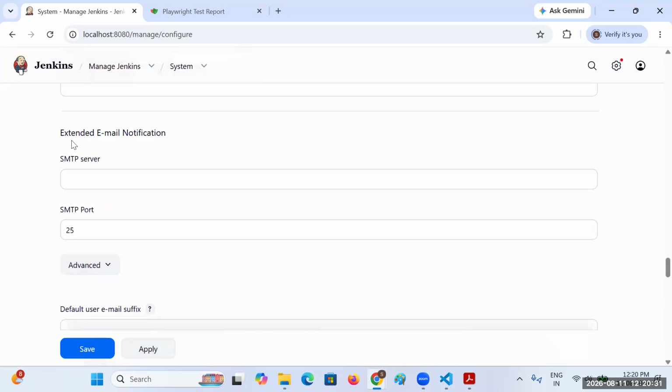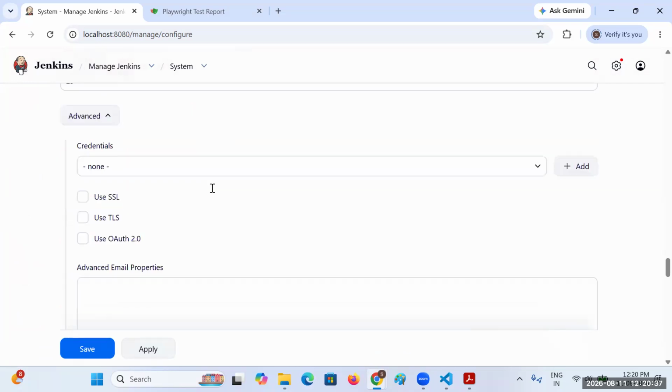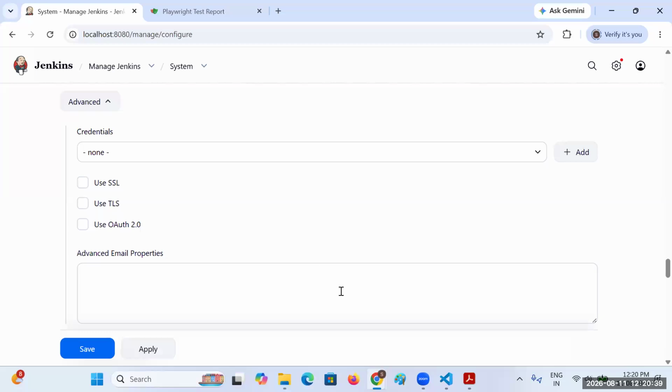Here I will take extended email notification. Here you need to provide all the details: which server you require, the port number, and all the credentials you need to add. Then it will be able to send the email also.